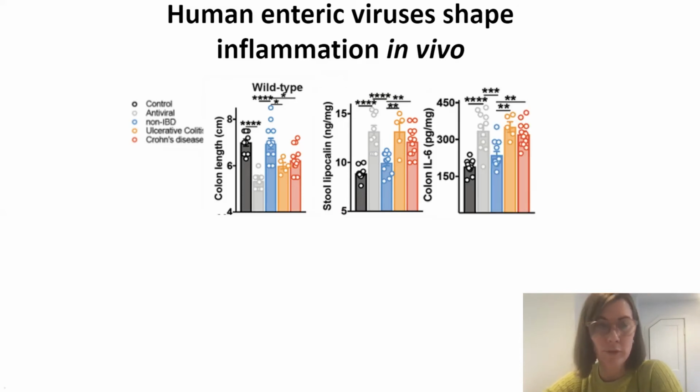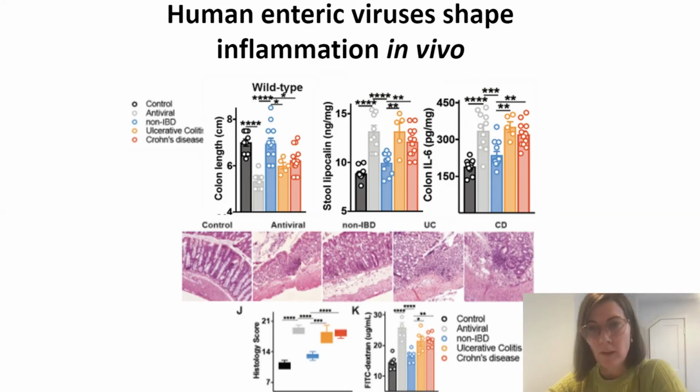Similarly, if you measure the pro-inflammatory cytokine interleukin-6 in the actual colon tissue, we could see that taking away the viruses increased interleukin-6, putting healthy virome back into these mice rescued that, and that could not be rescued by the IBD viruses. In a number of other readouts, we looked at histology, which was blindly scored by a pathologist, and there was very much reduced inflammation here in blue in the healthy virome humanized mice,